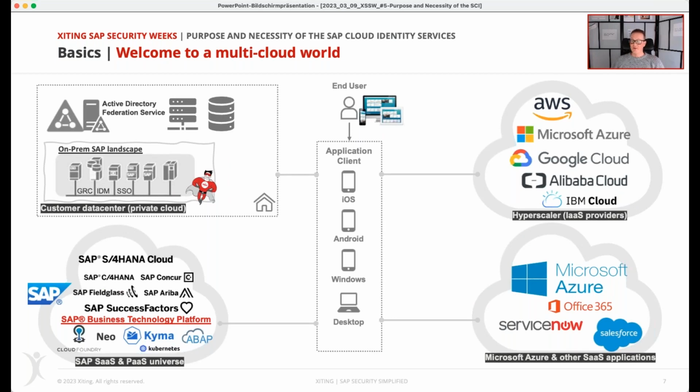As a consultant, I often commence my presentation by introducing the next few slides to tell a short story of what has changed in the cloud world. As depicted here, it's obvious that the SAP Cloud is not the only player in the field. Enterprises are utilizing Microsoft Azure AD, for example, very heavily. They use Office 365. They use many other software as a service applications. So it's quite normal to face multiple cloud landscapes.